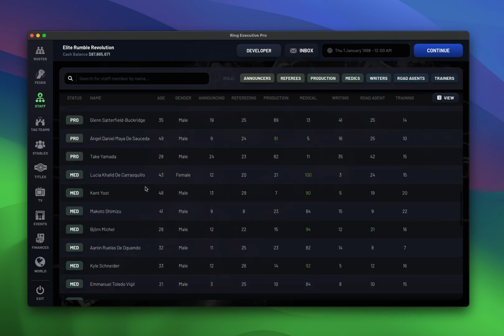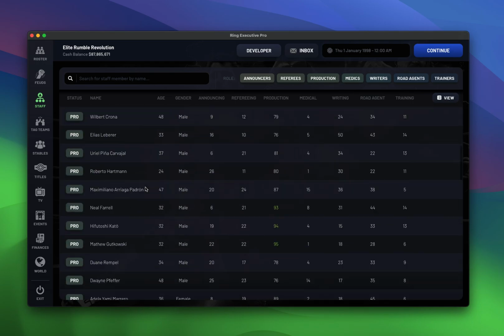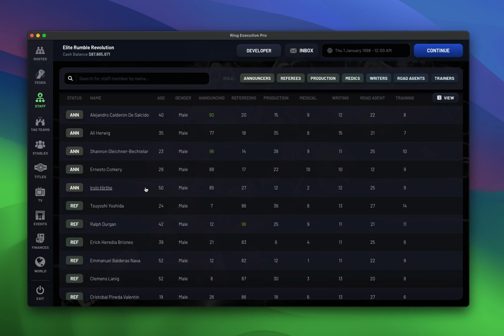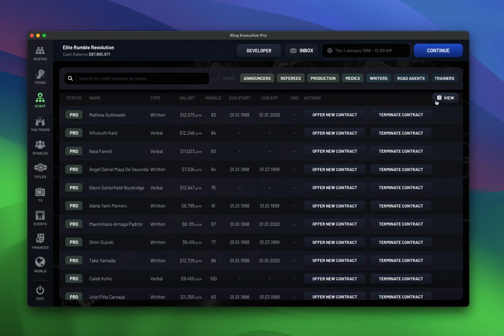We've got a global scale promotion, so we've got a lot of announcers, referees, and so on. We can filter by those various things. We can sort and dice this up. This is very similar to the roster screen. The only difference is you can actually do actions from here, but these actions are not actually wired up,